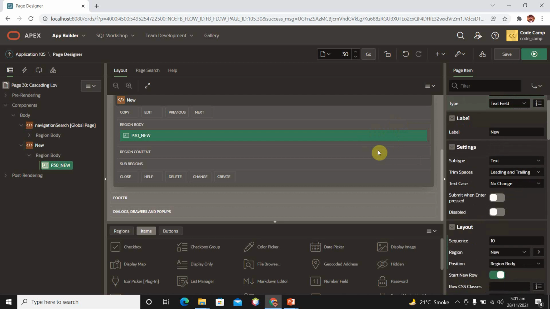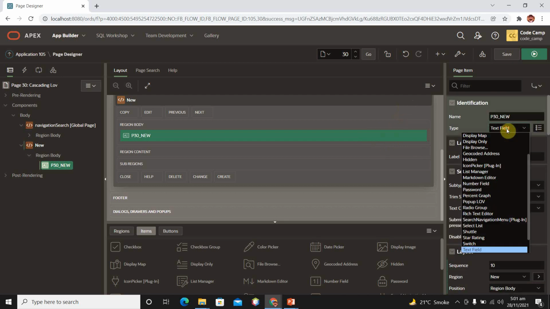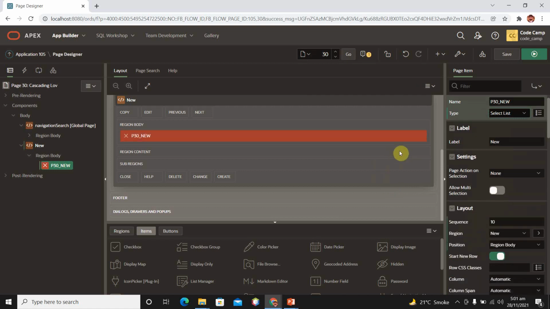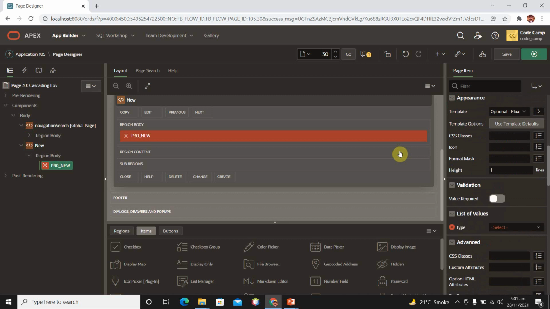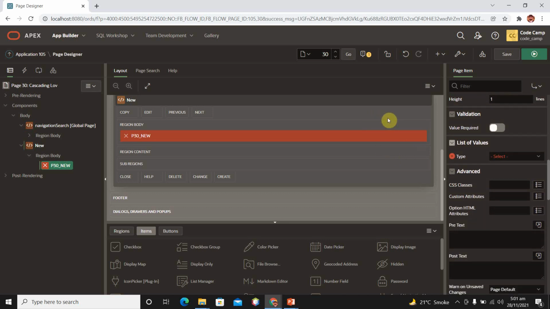Then we need to change its type to select list. So this is select list. Here we need to provide the list of values. We have list of values type: shared component, SQL query, and static values.